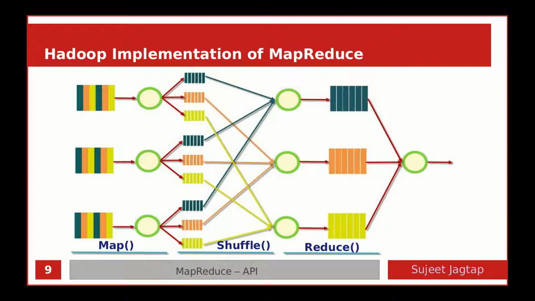So this is a basic sequence of how the data is input to the map phase and how it gets converted to an intermediate form, that's the key value pair, and the respective shuffle phase takes place, and those shuffled key value pairs are given to the reduce class, and then the required output will be written to the output file.